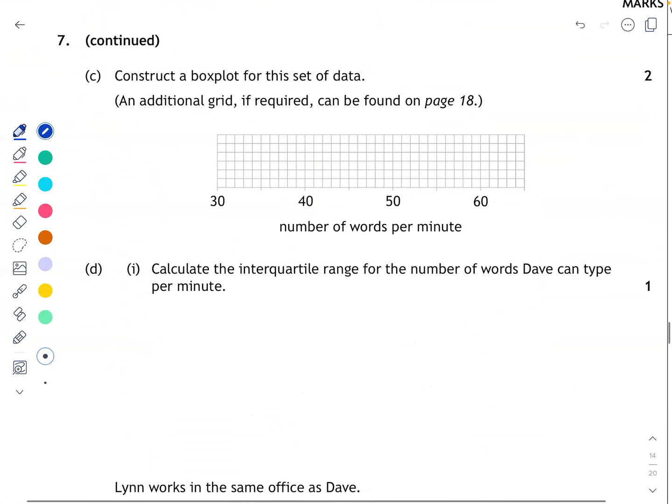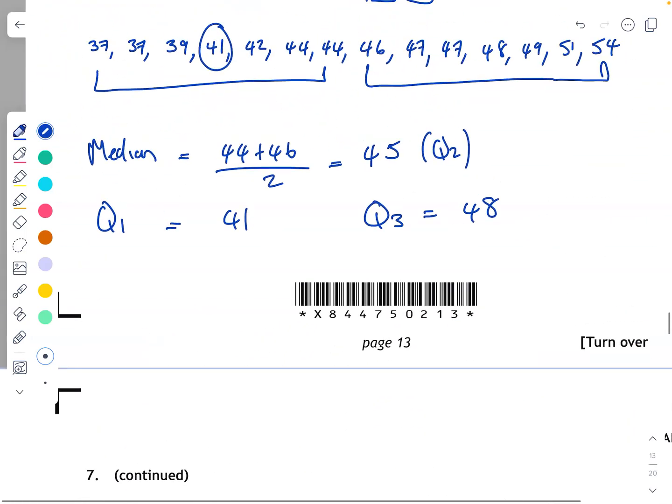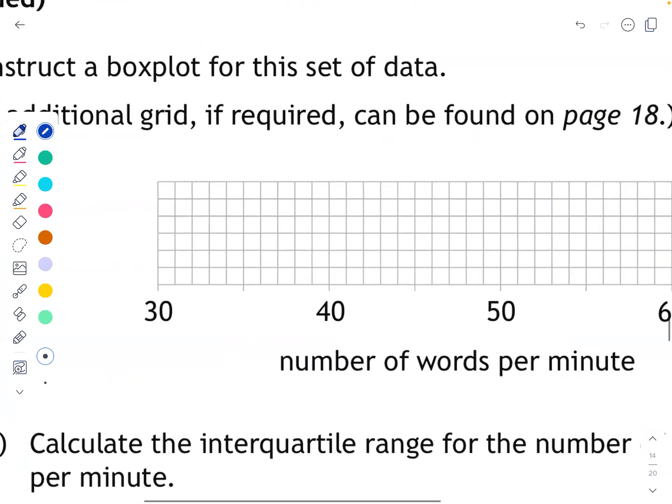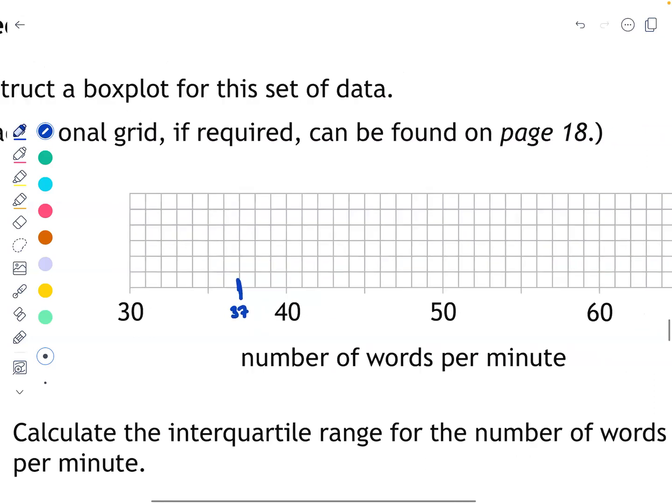So 7C, we are going to create a box plot. So what's our lowest value on here? We need our lowest value, which was 37. So let's just have a look at this. It looks like they've already done the scale for us. It's 1, 2, 3, 4, 5. So let's have a look at 37. 37 is going to be here. So I'm just going to mark these. That's where our